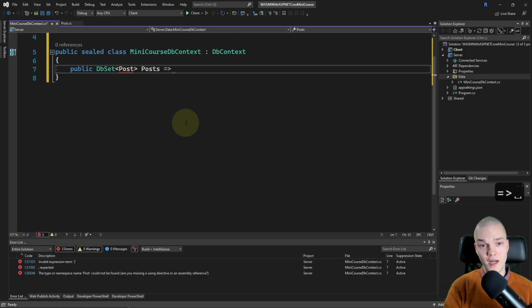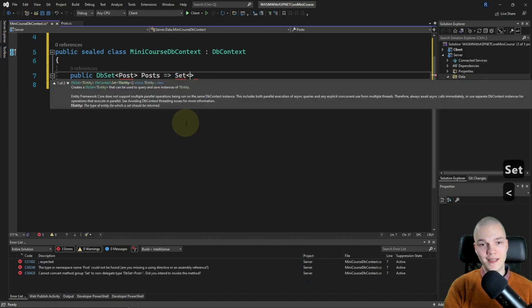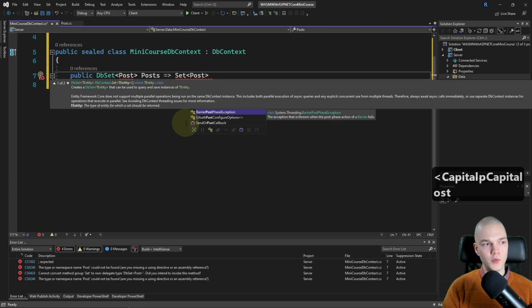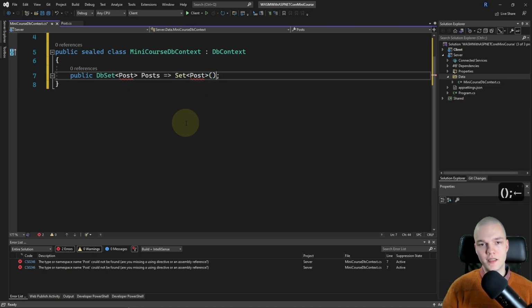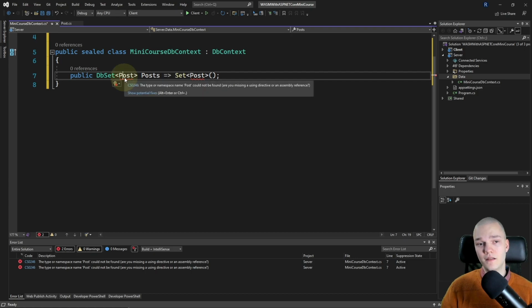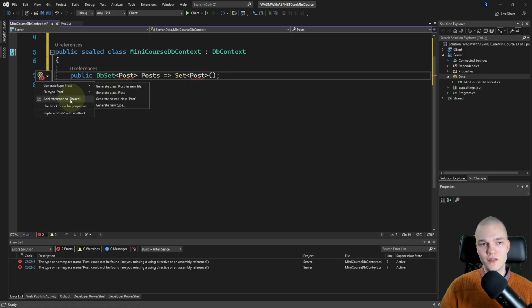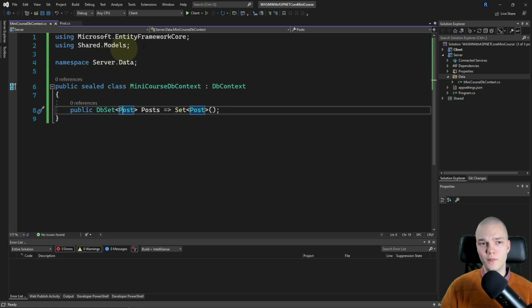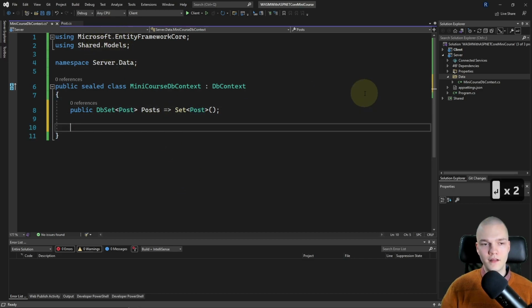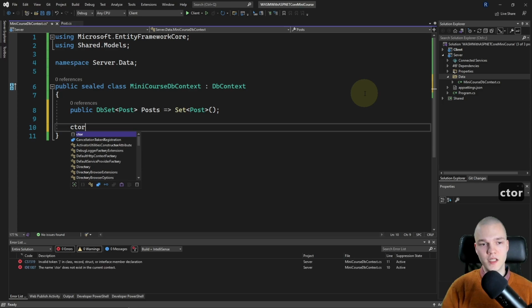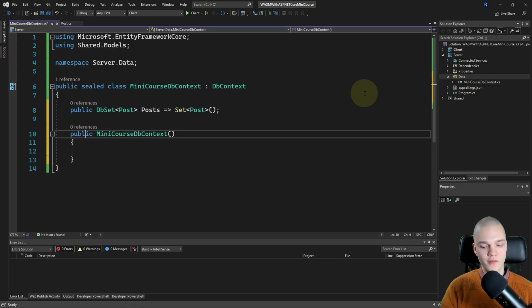And then I'm gonna use an arrow and call set post and parentheses semicolon, and this class doesn't know what post is yet, so right click that, quick actions, and I'm gonna add a reference to shared and import the using statement. Then I'm gonna add a constructor with setor tap and modify it a little bit. I don't know exactly why it's done this way, but this is how Microsoft does it in their documentation, so